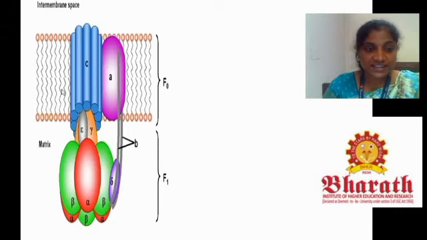So here in the ATP synthase structure there are many subunits: A subunit and B, as I told, this is the stator connecting F0 and F1, the C subunits, and alpha, beta, gamma, epsilon and delta subunits would be present in the ATP synthase structure. So first, this B subunit acts as the stator.